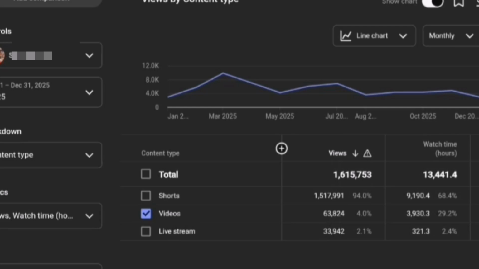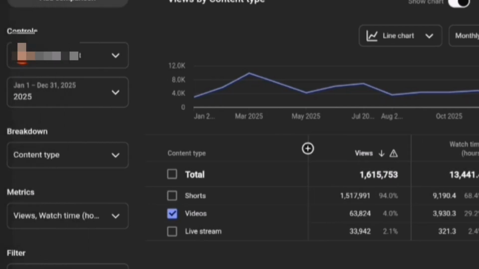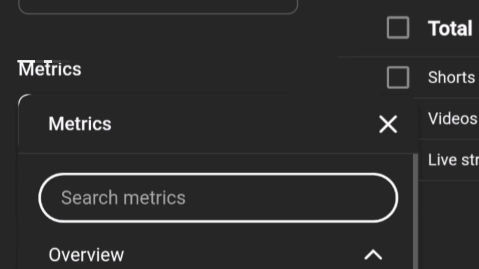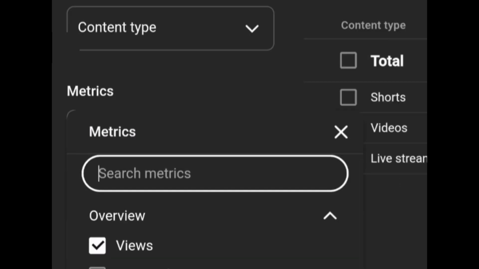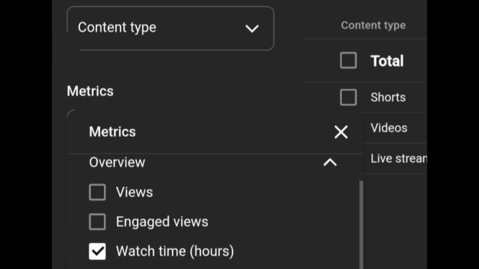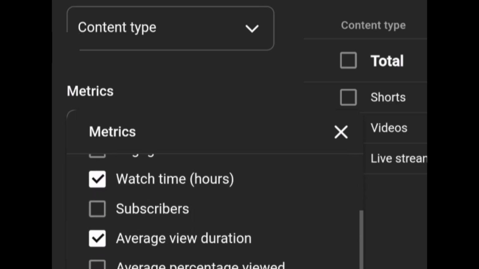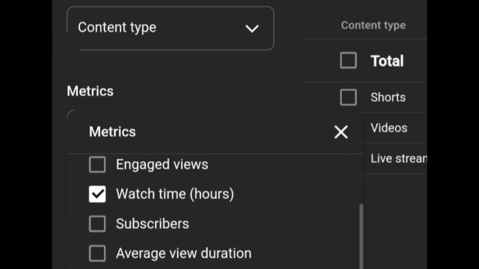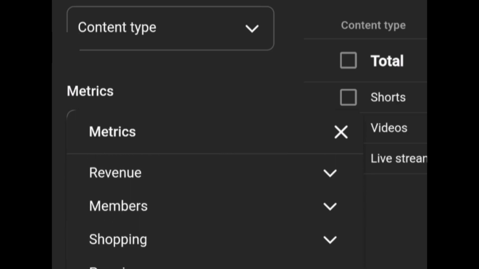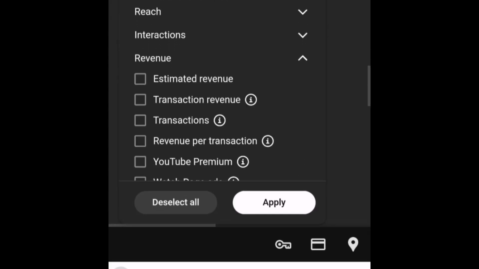You can see only videos is ticked here, right? And that video is purple, so you can see our purple line. Now I want to work on the metrics. I want to remove the views and what have you. So I'll click on view, and when I click on it, you can see it has unclicked. I want to leave watch hour. I will unclick average view duration. I just want only watch hours to be there. Then I'll scroll down and click on apply.